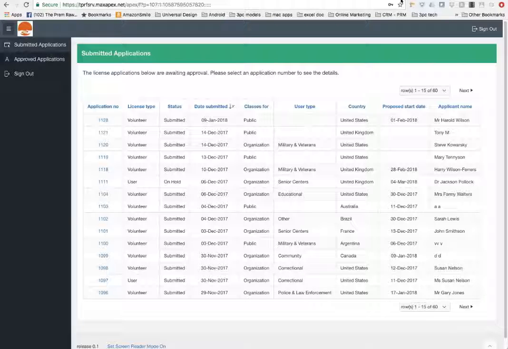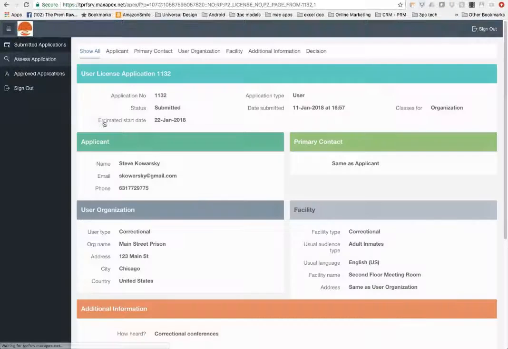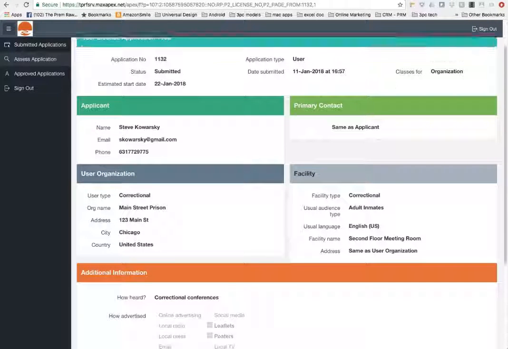reviewing and approving applications. And when the TPRF staff person logs in, they will see a list of submitted applications pending review. We wouldn't usually have so many, but this is test data. So here is a set of licenses that are awaiting approval. Actually, if we refresh this, we should see the application we just submitted. Yes, there it is. And when we click on the application number, we have all of the information that was